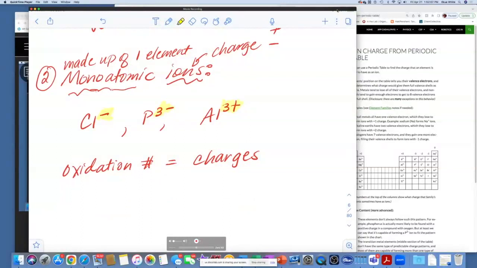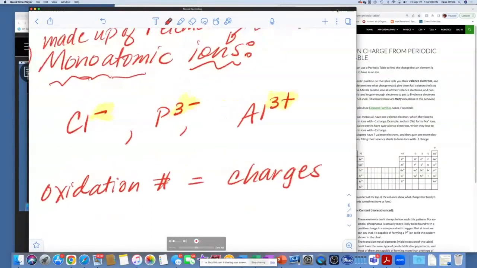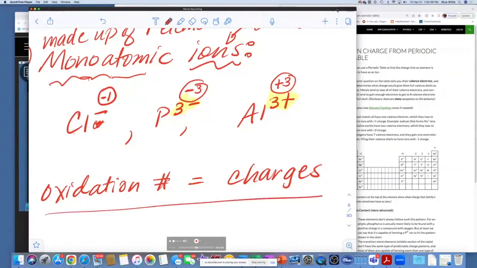Okay. Anyway, oxidation number equals charge. So with that being the case, I'm going to write here the oxidation number of chloride with a negative charge is -1. When I was in school, my teachers wrote the oxidation number in circles. Sometimes I do, sometimes I don't. But I used to wonder why, and I realized they wanted us to not confuse the negative here with the -1 here. Okay. So yeah, -3. You can write as -3 or 3 negative. Either one is fine. +3. Okay, so the oxidation numbers here match the charges, and I'm going to highlight that that's the rule we're using